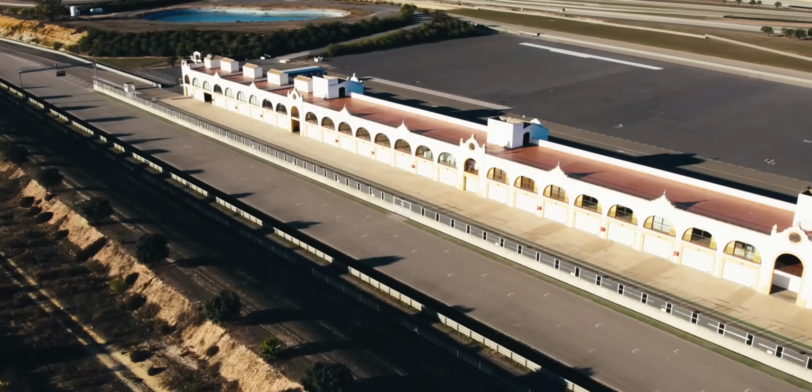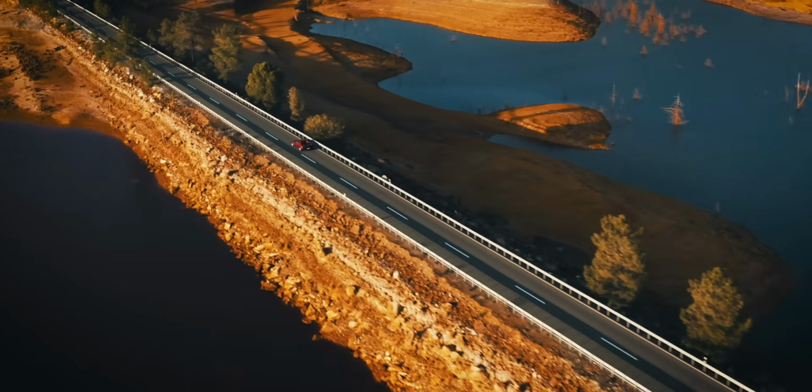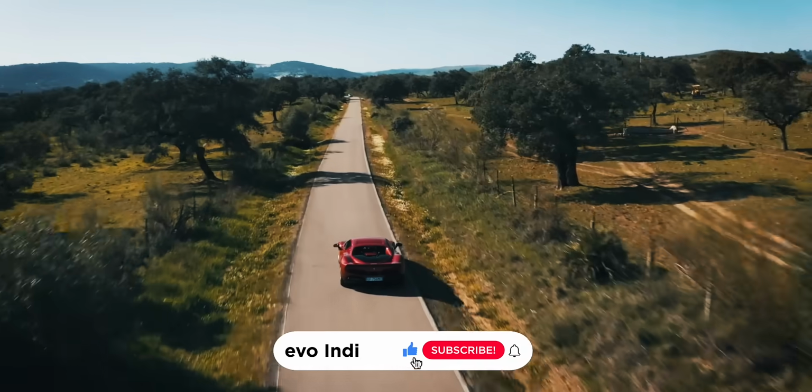We will return to the racetrack later this afternoon, but first we catch the morning light in the hills above Seville. And before we drive Ferrari's new V6 mid-engine sports car,